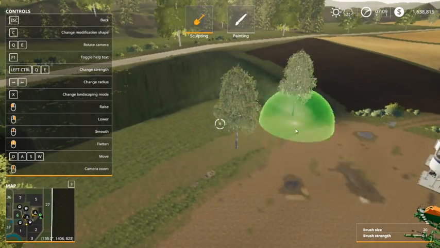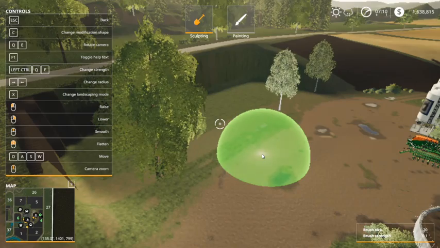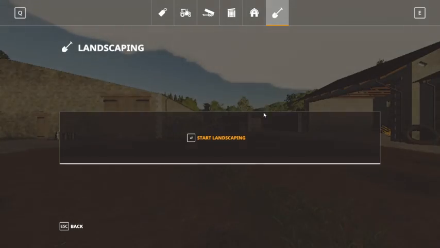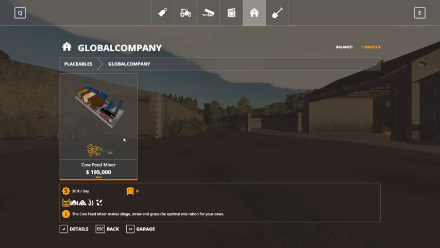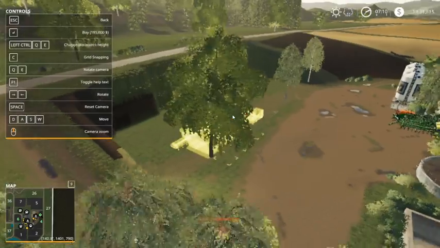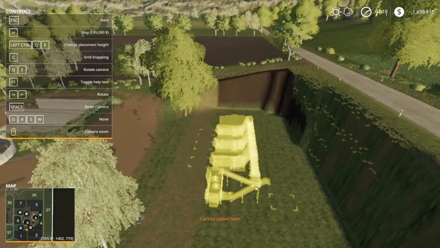We have a couple of our trees are floating, but we can get rid of them in a minute just by getting a saw. Actually, I wonder. No, I don't think there's any way to get rid of trees, to actually sell trees. But now we're going to get our machine here. I think what we're going to do is we're going to set it up in such a way